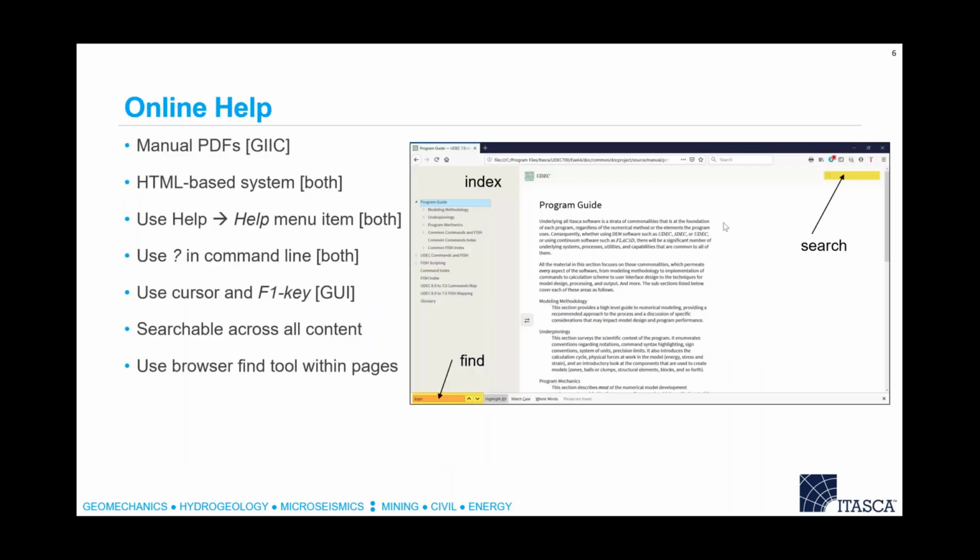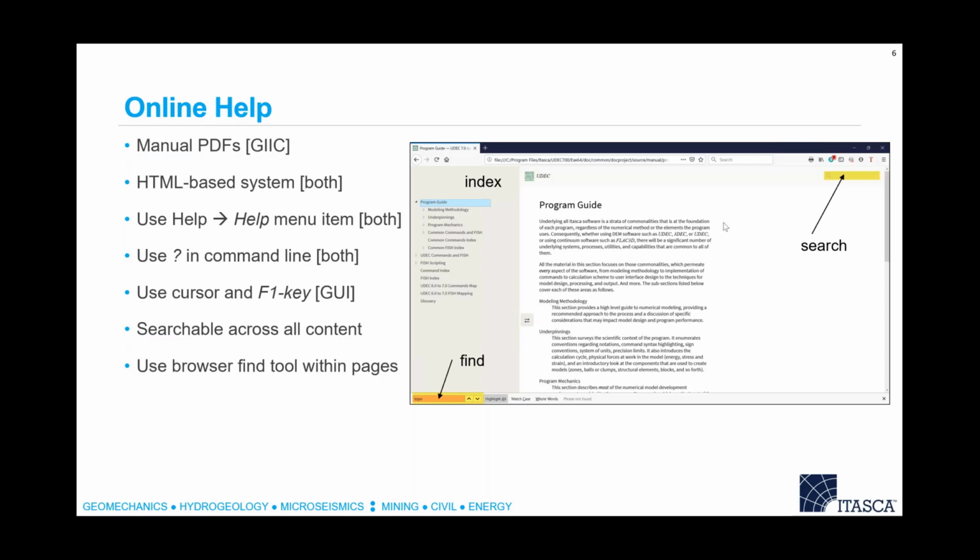We've put a lot of focus on our online help. We still have the manual PDFs. This is particularly important for the Geek. So for those of you who are used to our more traditional manuals, they're not available as a hard copy, but they are available as PDF. If you're interested in the interactive controls that are available in the Geek for model construction, that is the main resource. If you're interested in the new command syntax